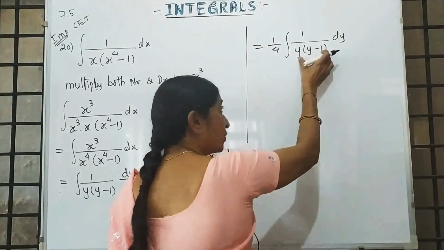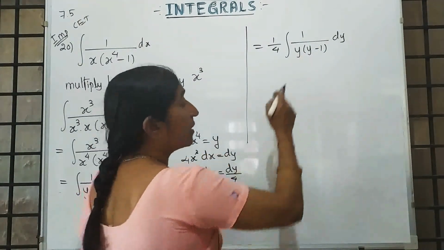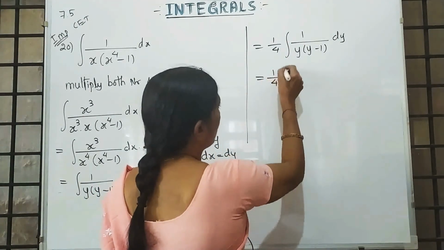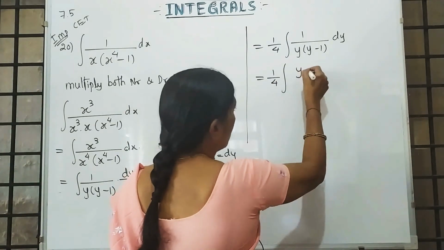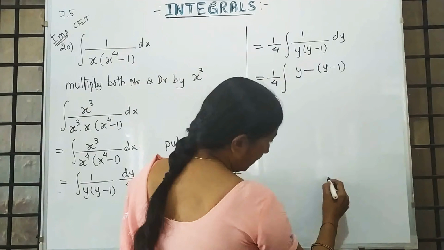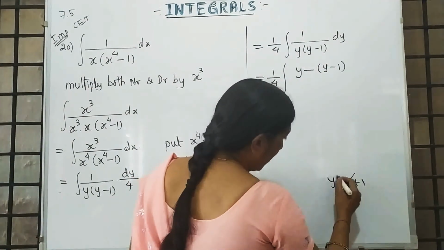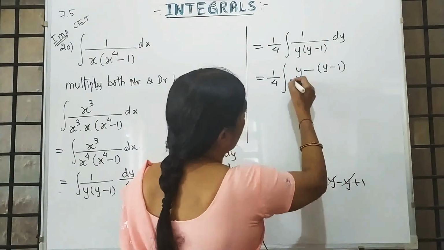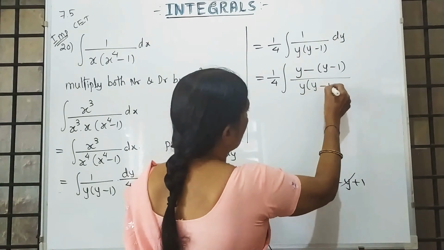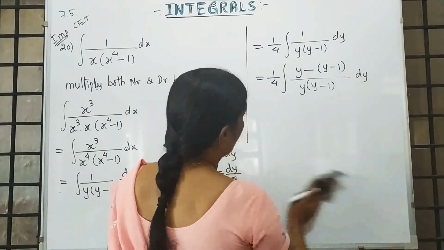Apply this: use the same terms in the numerator and try to cancel y. After cancelling y, you must get 1. It is 1 by 4. So I am writing it as y minus, in the bracket, y minus 1. See, remove the bracket, what is remaining? Y minus into minus becomes plus. Y gets cancelled, and you are getting 1. That means 1 is nothing but the required value, y into y minus 1. Please note down this step. This is very helpful for your competitive exams.